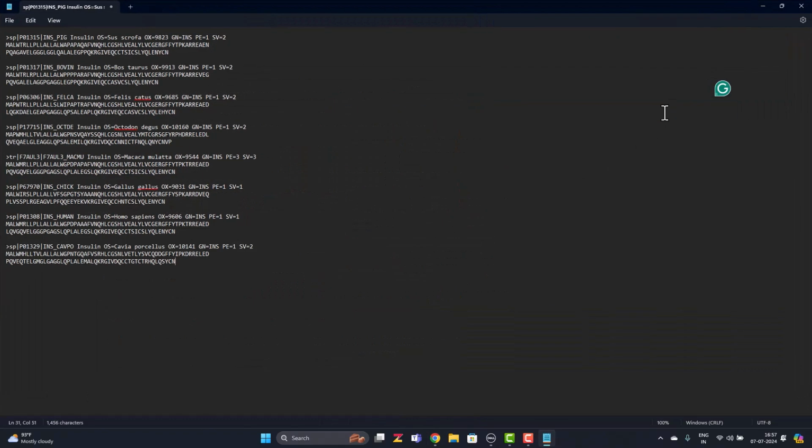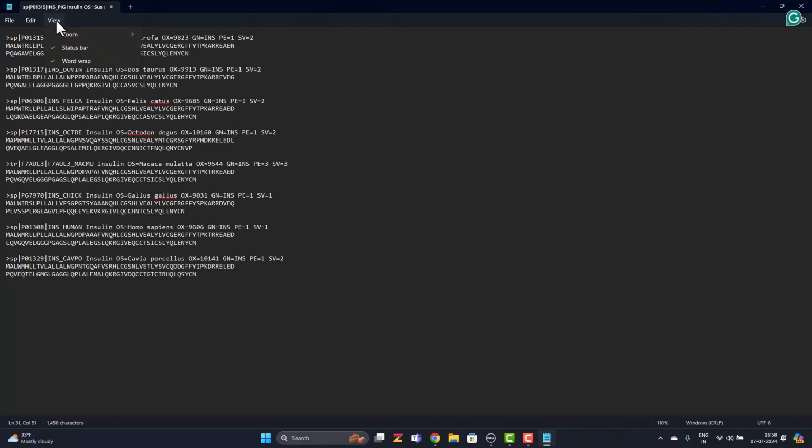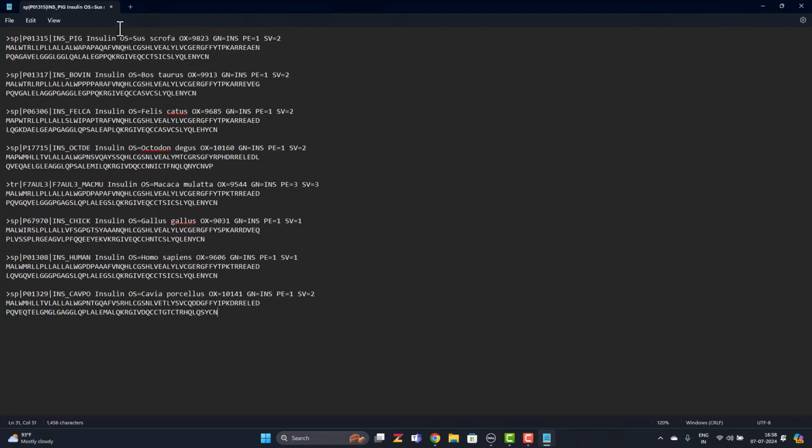Now we have pasted all the sequences in one single Notepad file. I am zooming this slightly so you can see it better. We know that all the 8 sequences are insulin sequences. The first line starts with a greater than symbol, so it is a FASTA file format. There is an annotation in the first line. No need to keep the entire thing. We will make it simple so that we can easily interpret the results from multiple sequence